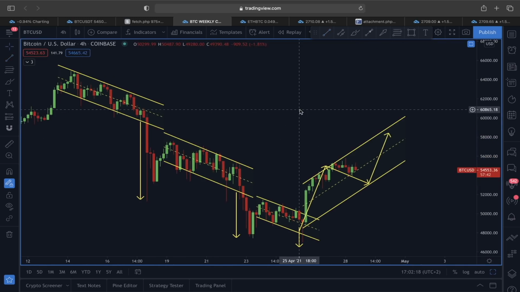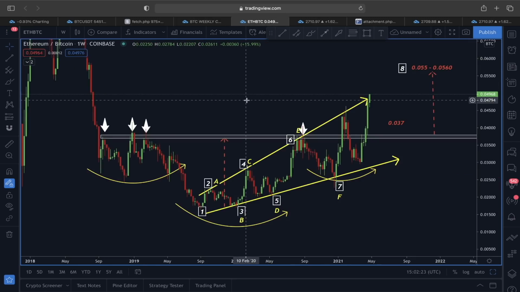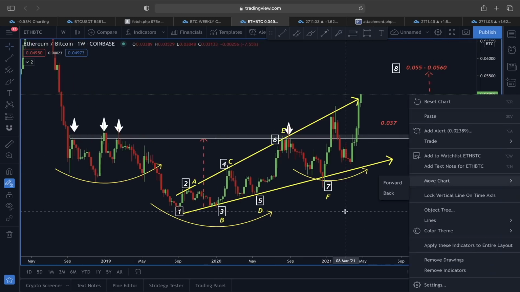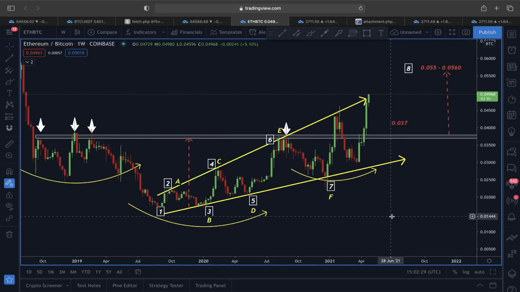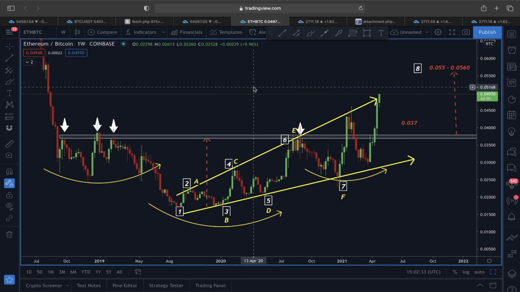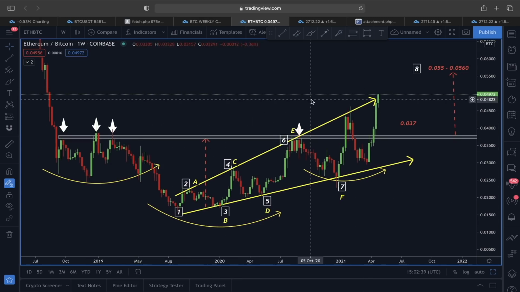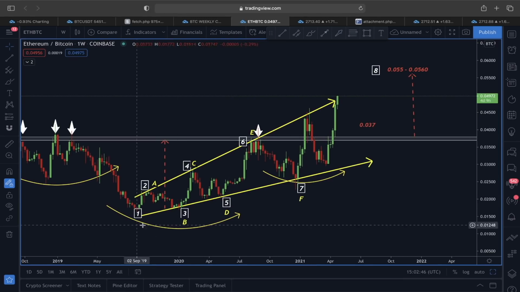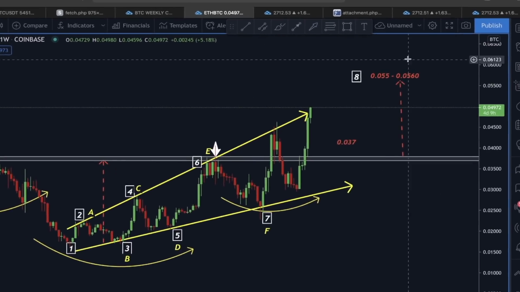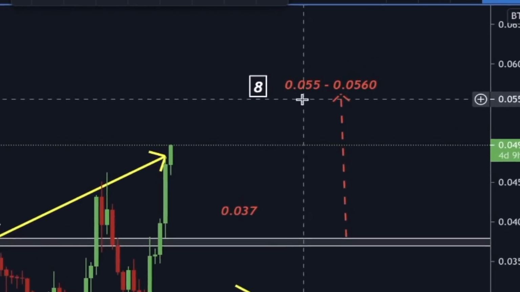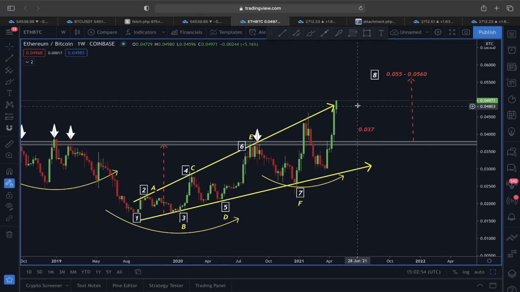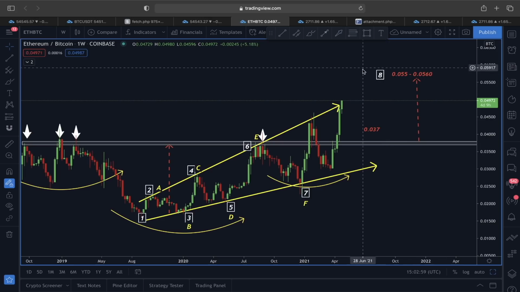And now let's jump into Ethereum price action. But before we do, guys, let's also look at this Ethereum Bitcoin chart, because if you have watched my videos, I have been talking about this Ether Bitcoin chart for months and months now. I was saying, you guys, if this scenario is going to play out, the price target to the upside is going to be measured from this point P till this point E area, because according to this ascending broadening wedge, this is where we might be heading, and this is the 0.055 to 0.056 level. And right now, as you can see, our price target could also be triggered, and that could actually bring it around the 3,000 price level.